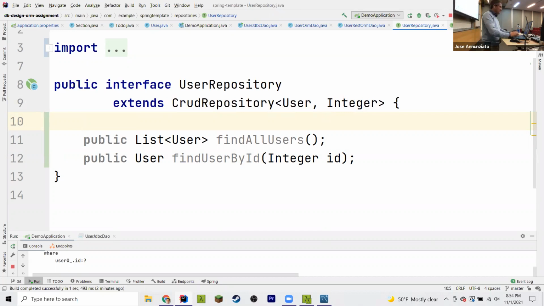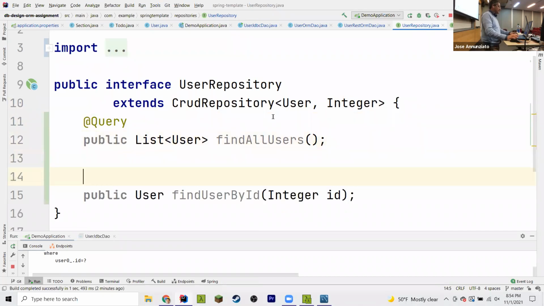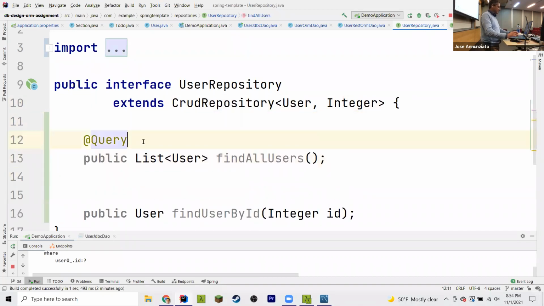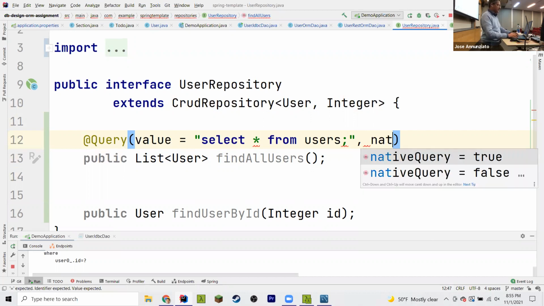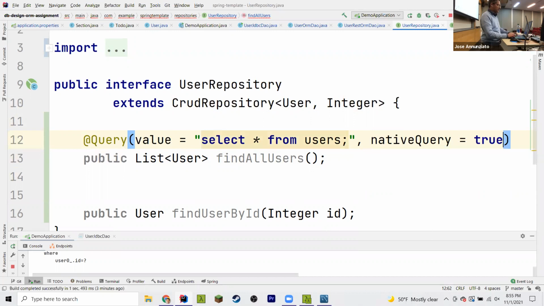Here, you can just say, well, I want you to use the following query. For this find here, use the following query that has the following value: select star from users, which is not very exciting, right? It's just a select, right? There's nothing peculiar about it. And also notice that I'm going to have to say that this is native. It's a native query, true. Okay. The reason is that